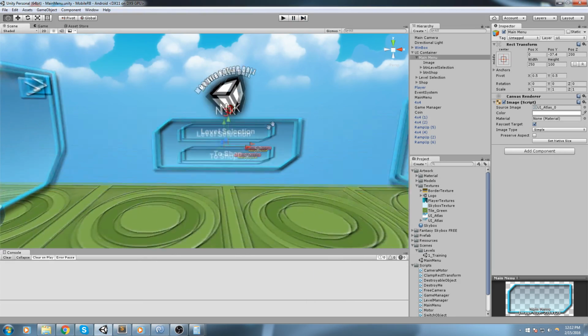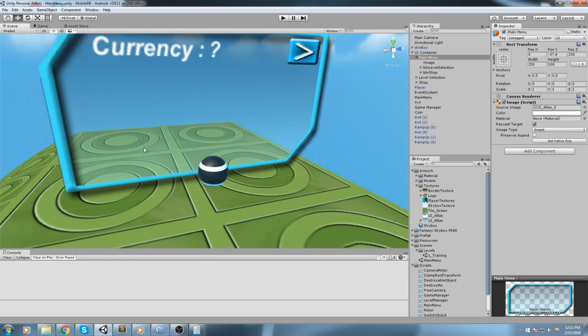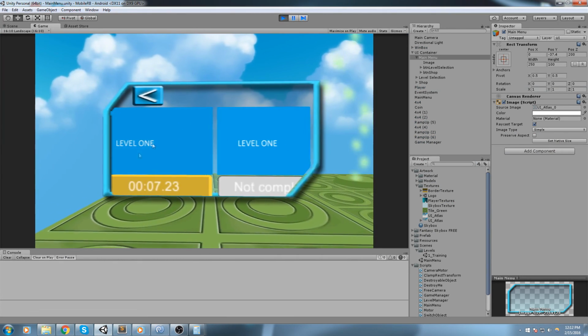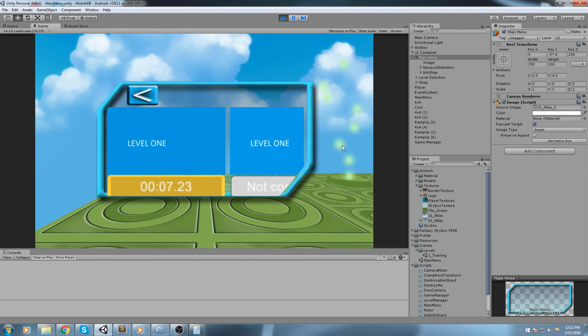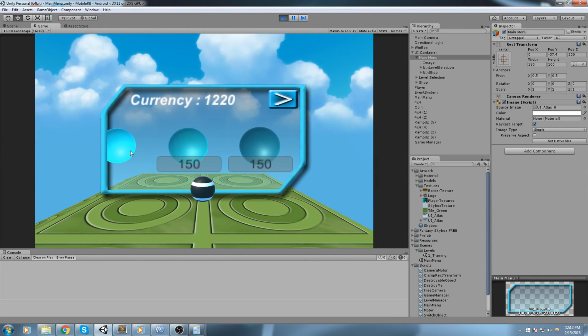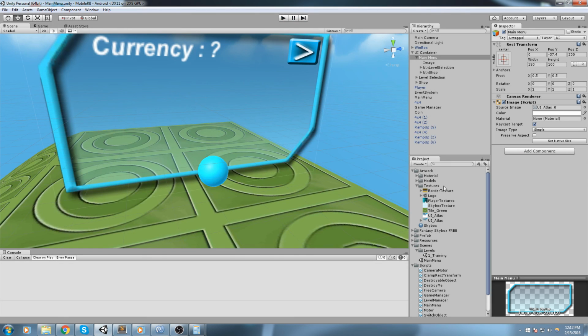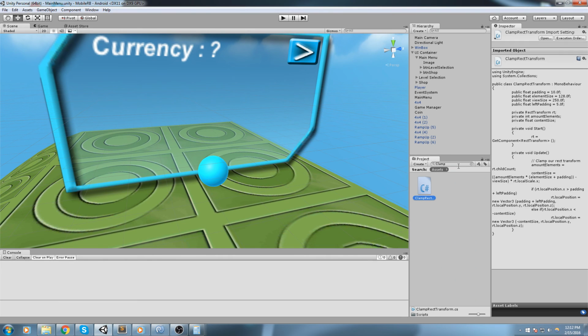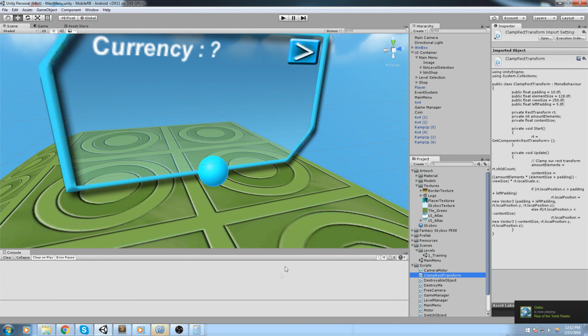So that thing is addressed. Now what else could we do? We could actually make sure that whenever we start the game, this is scrolled all the way to the left, because right now we get this little, we get this when we open up the shop, and that's not really nice looking. Okay, so let's open up the clamp rect transform script, the one we've made I think 2 episodes